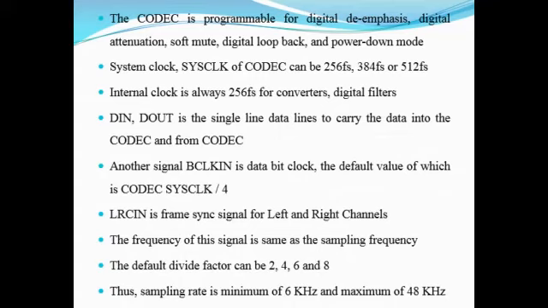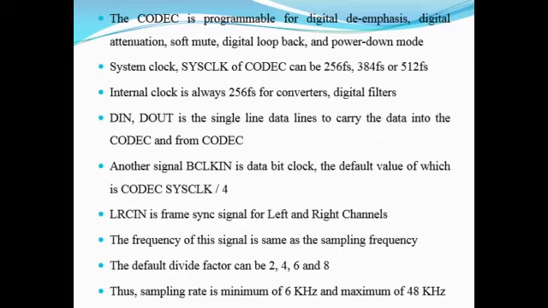So that we can easily connect a codec to a DSP in a DSK, or the same thing can be used from a DSP connected to a codec. Either the signals are referred with respect to a codec connected to a DSP, or a DSP connected to a codec. Another signal we have is BCLK in, which acts as a data bit clock, and the default value of this is 4, specified along with the signal identified for a codec using SYS CLK, that is system clock.